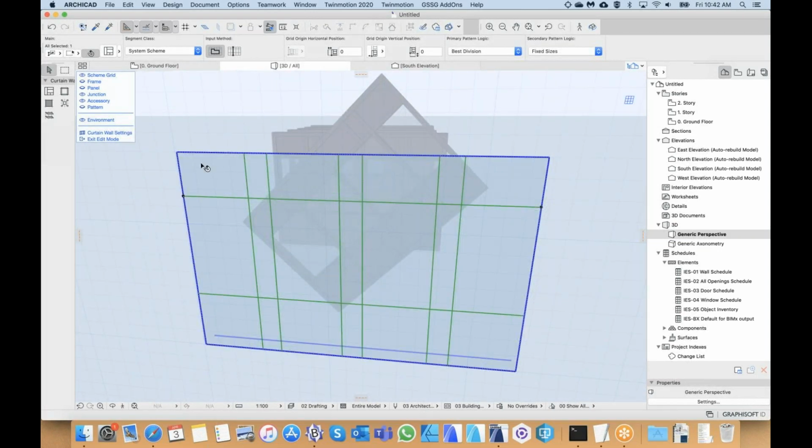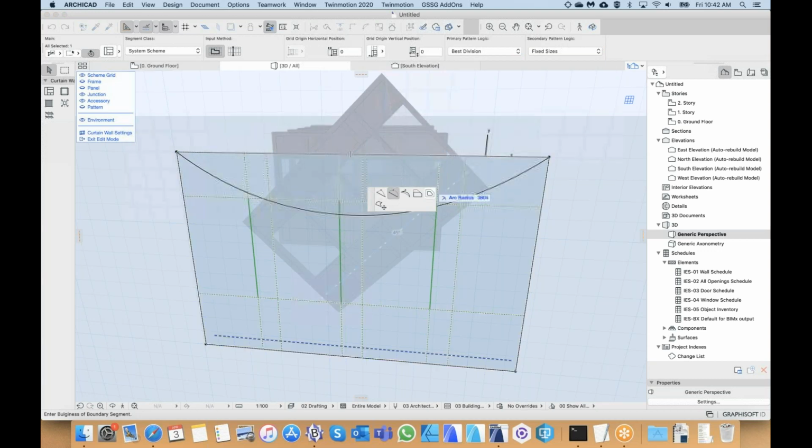What I want to work with is this blue line around the edge. So we see this blue line around the edge. If I click on that blue line, then now I'm selecting the boundary. Yep, so I get the little nodes at the ends, and then I'm going to click again on the boundary, and I can see some editing options for the boundary. So all the curtain walls have been just rectangular, but I can actually start modifying this boundary to any polygon